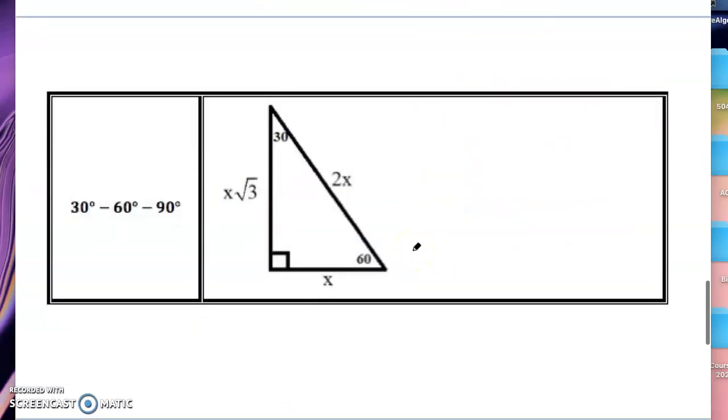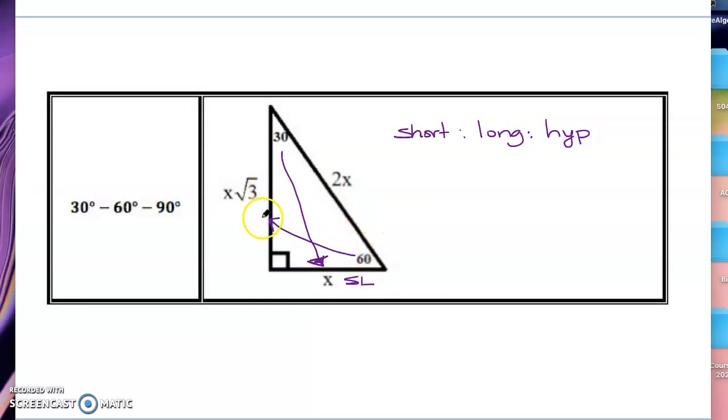Our other special right triangle was a 30, 60, 90. So in a 30, 60, 90, we have two legs with different lengths. So one of those is referred to as the short leg. We have the long leg. And then just like every other right triangle, we have the hypotenuse. Now your short leg is always going to be opposite of the smallest angle, which in this case is 30. Your longer leg is the middle length, which is 60, or from the middle angle measure,